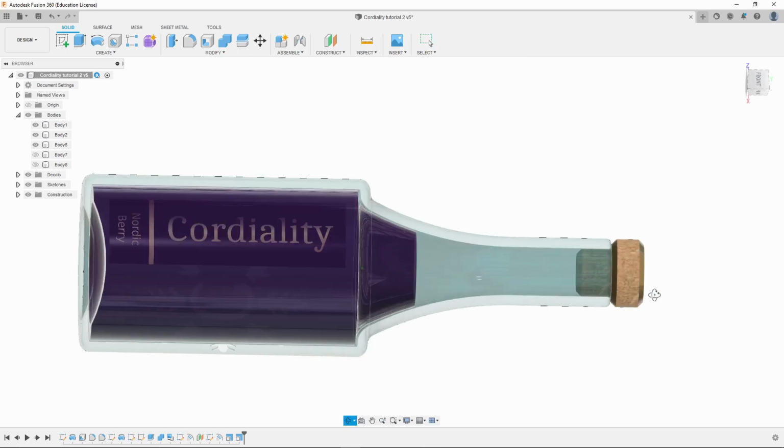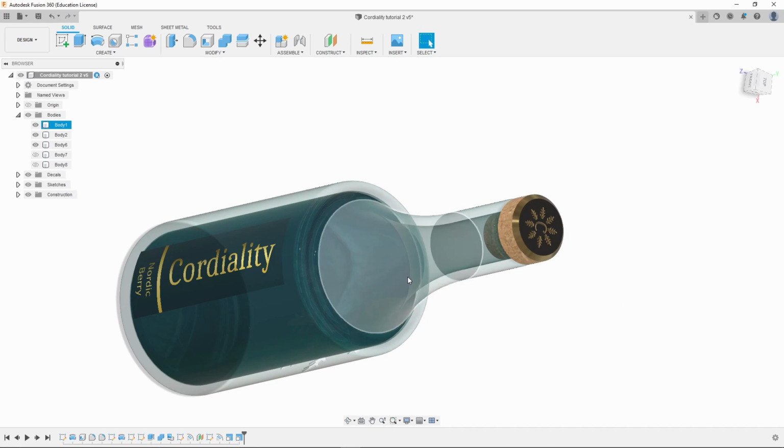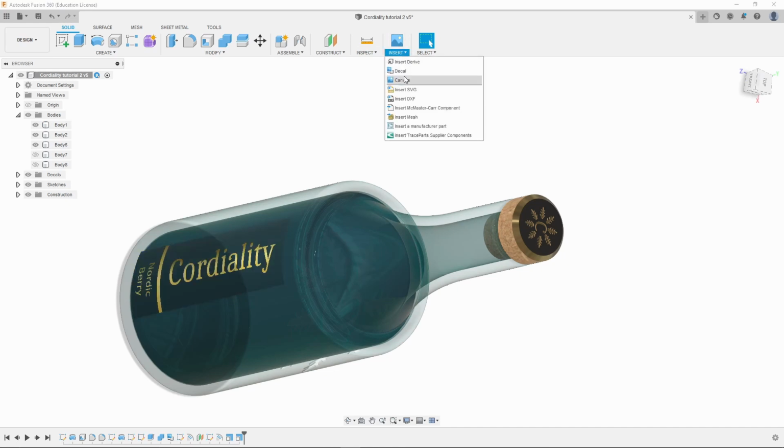Hello and welcome to part 4 of our 5-part video series looking at how to create this cordial bottle design. In this video we're going to be doing 3 different things. So firstly we'll be looking at how to create this label and apply it to the bottle using the decal